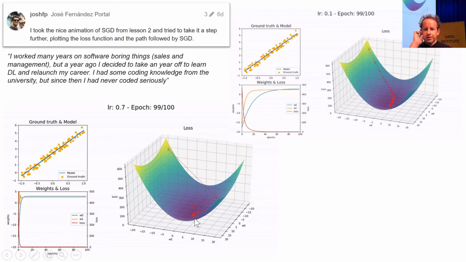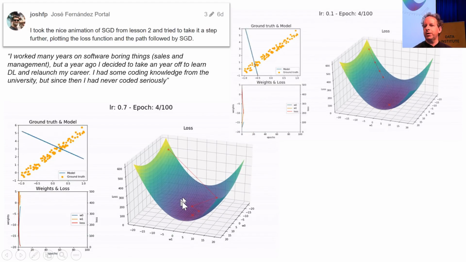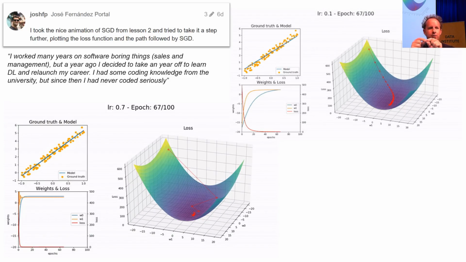Now, as you get closer to the final spot, something interesting happens, which is that you really want your learning rate to decrease, right? Because you're getting close to the right spot, right? And what actually happens